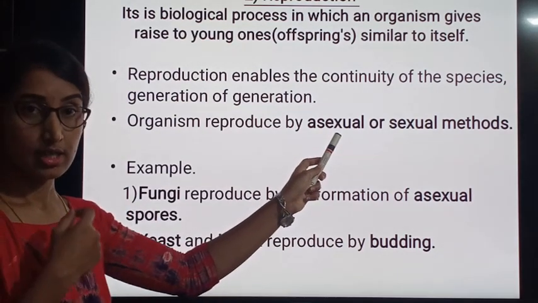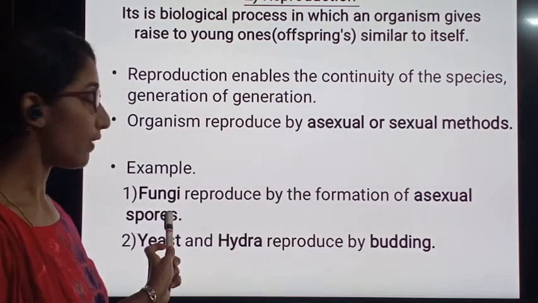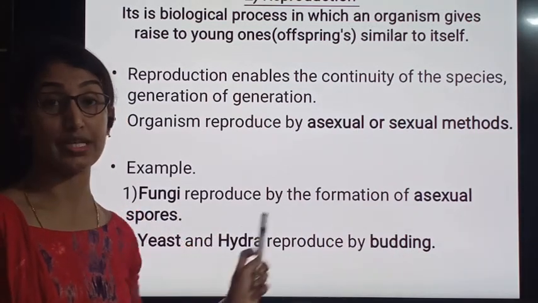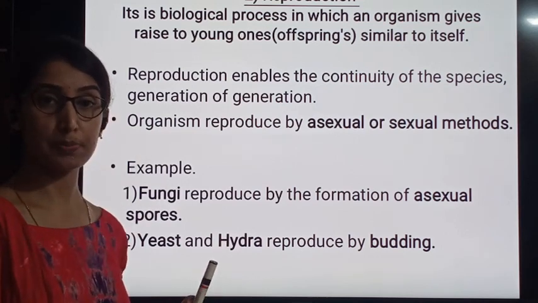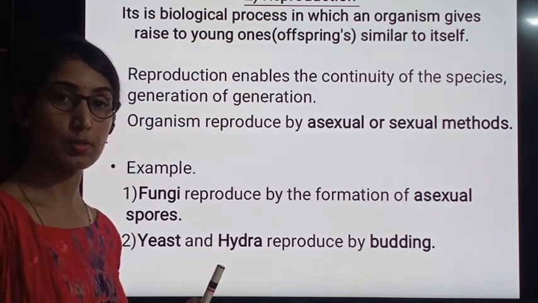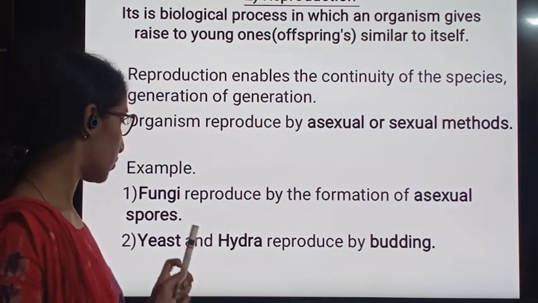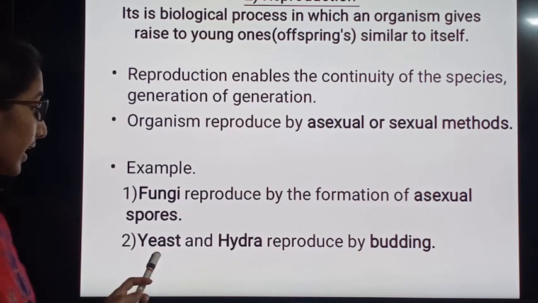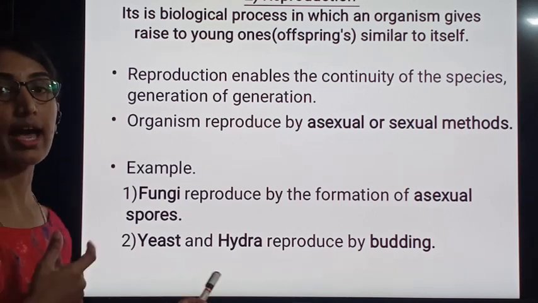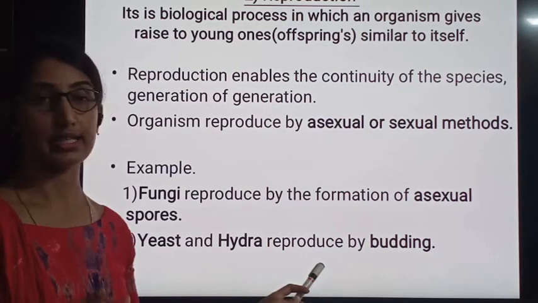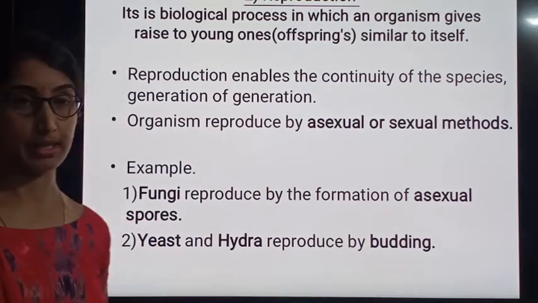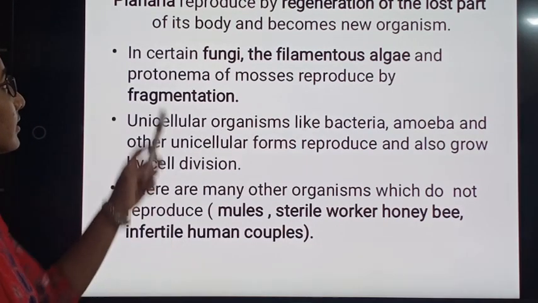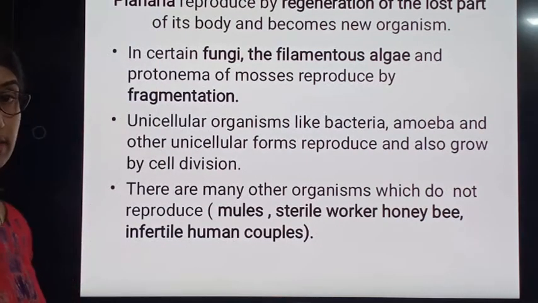Examples for asexual reproduction: fungi. They reproduce by the formation of asexual spores. The spores are dispersed and develop into new individuals. So they reproduce by asexual spores. The second example, yeast and hydra. Both reproduce by the budding method. And the third example is planaria, one of the organisms